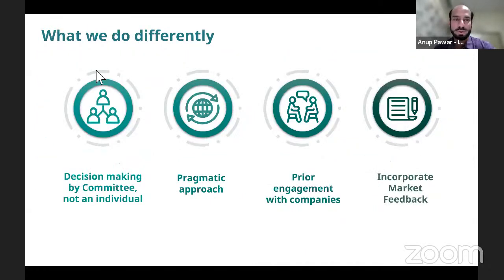So in a nutshell, what we do differently from other proxy advisors is any decision that we finally take is by a committee of people, not an individual. So it's not one analyst decision that comes through. Second, I think we have a fairly practical approach to all of these voting recommendations. We are